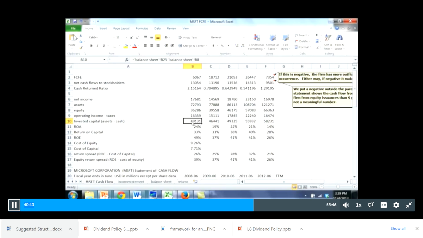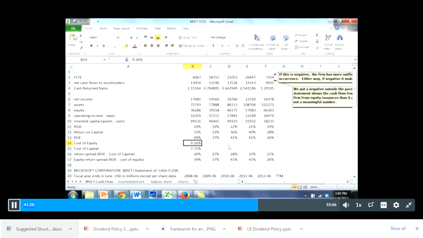Particularly because we take out that big cash hoard, and notice there's a big difference because Microsoft does sit on a lot of cash between assets and assets minus cash. And so we do get a much higher return on capital, invested capital, than we do on assets. Okay, fine. And now we're going to calculate return on equity, net income over equity, right? Now, yeah, you've calculated return on assets and return on equity already for your financial ratio analysis, your financial statement analysis. But given that it's such an easy calculation, I'm just having you do it again.